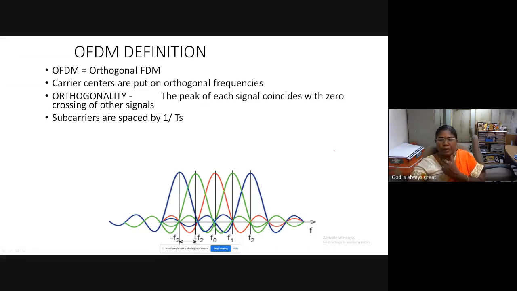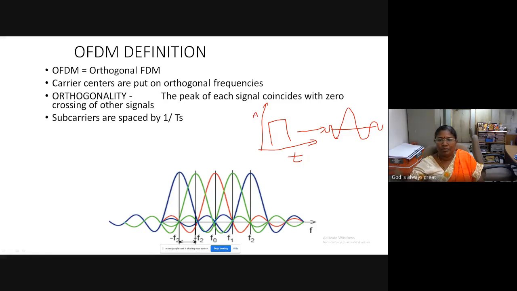So if we take a pulse in the time domain, its frequency response will be a sinc signal, right? If a signal is rectangular in the time domain, then its Fourier transform will be a sinc signal in the frequency domain. This has already been proved theoretically and mathematically, right? I may not be drawing to scale, but I hope you will understand what I'm trying to draw.